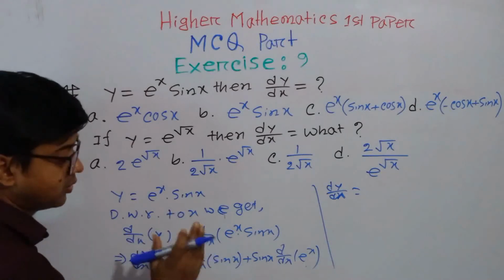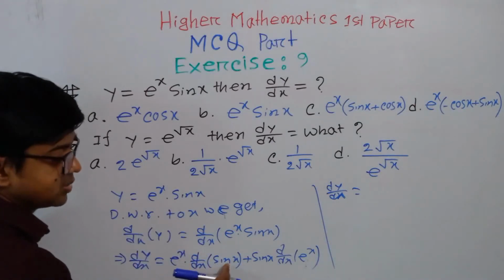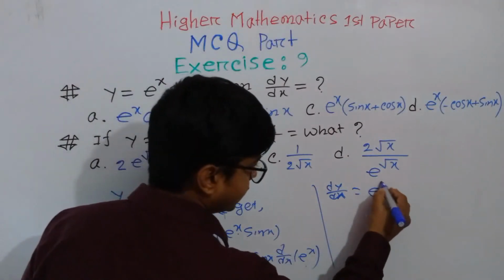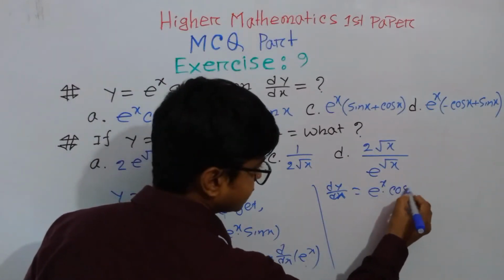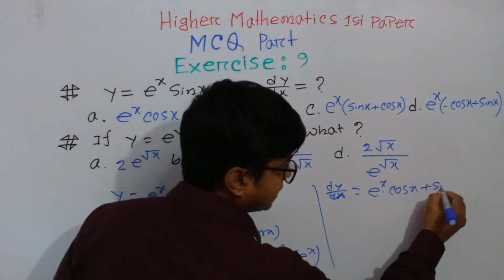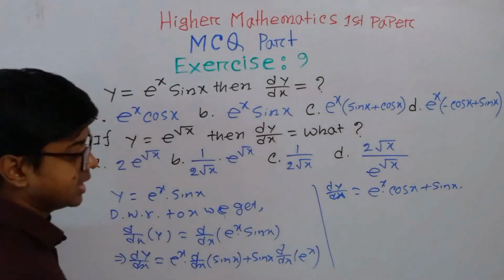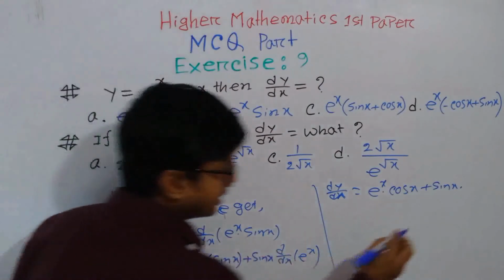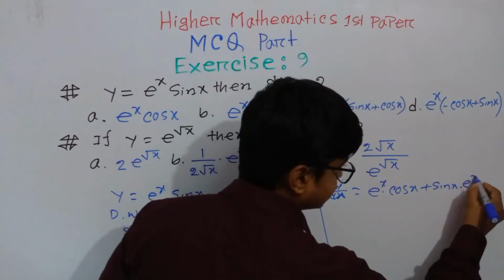We all know that the formula of d/dx of sin x is cos x. So here e to the power x into cos x, and here plus sin x into d/dx of e to the power x, it must be e to the power x,